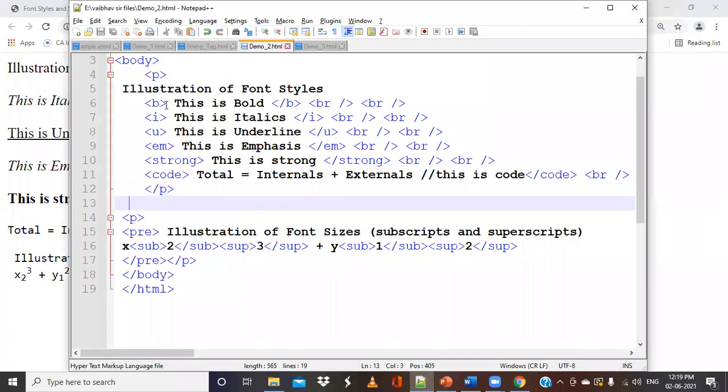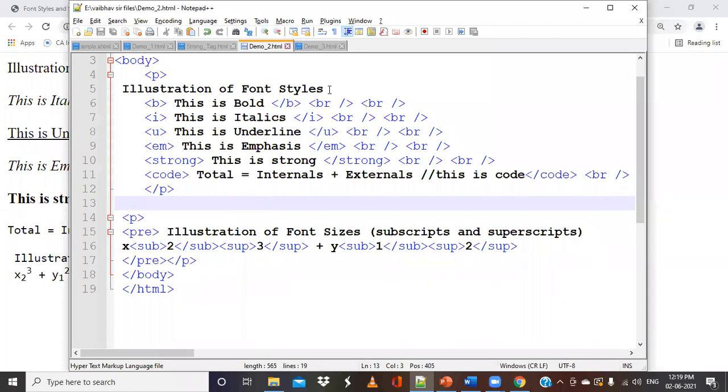But remember that in the current era, we do not prefer using these HTML tags, but rather we go for the cascading style sheet, CSS. We will discuss CSS font styles when we discuss the second unit. There you are going to study in detail how to give font styles, formats, font sizes and other details with CSS. But in earlier days, we didn't have many properties for the presentation of the content on the web page, so we used these basic tags. Are we clear with this?